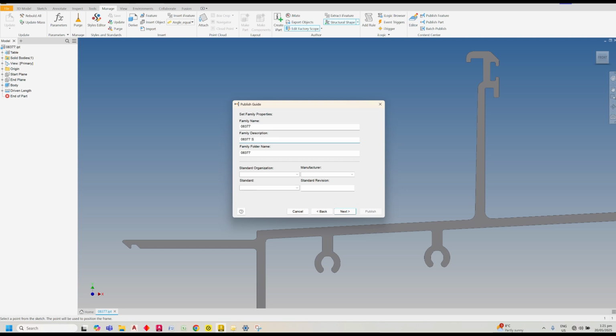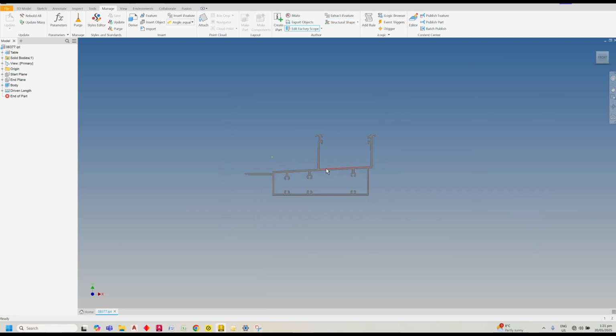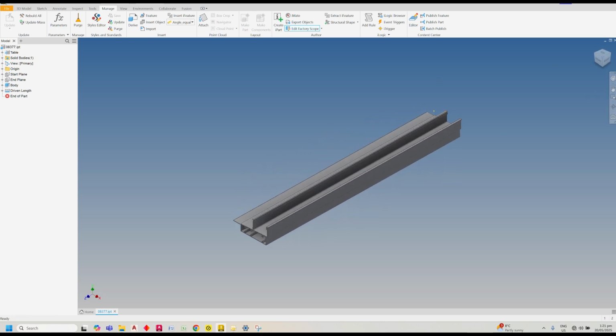You may enter all the specific information for this particular profile. After that, you can publish it into your library. Your custom profile with the exact insertion point is ready for use within Frame